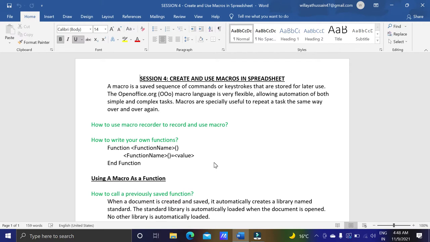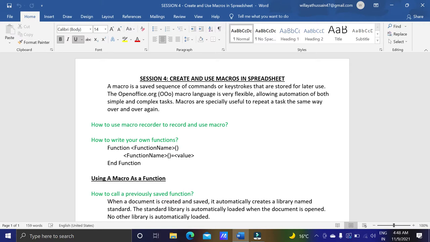In OpenOffice.org Calc, the macro language is very flexible, meaning you can do whatever you want, and here you can automate, meaning make the work automatic, either simple work or a complex task. You can do both very easily. You can create a single macro, and you can also create multiple macros combined together in a subgroup.